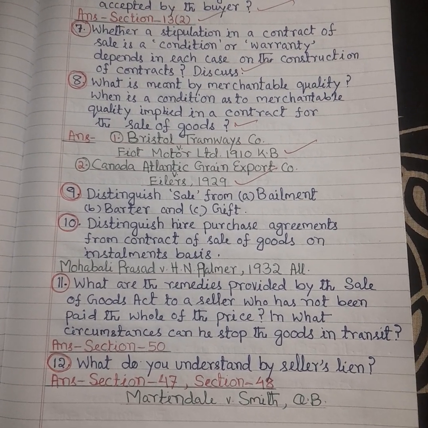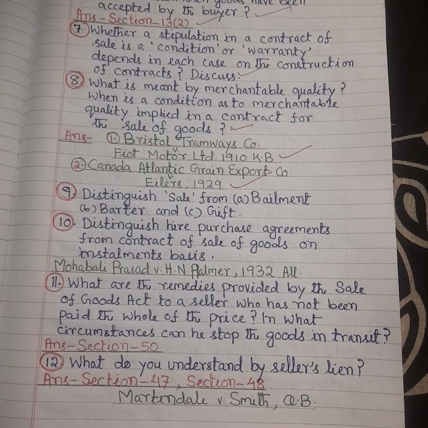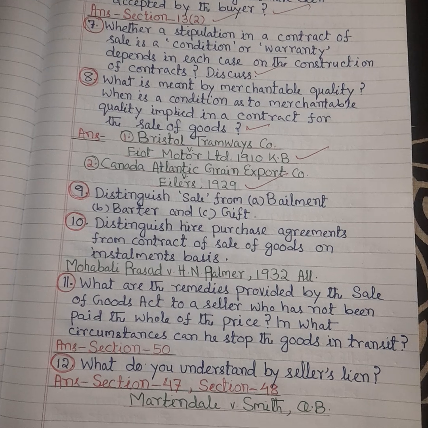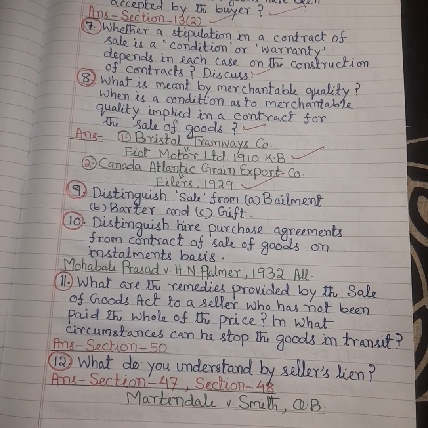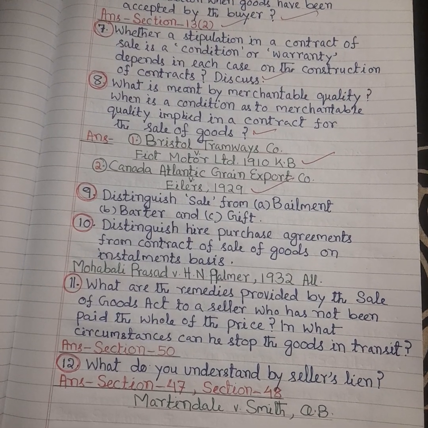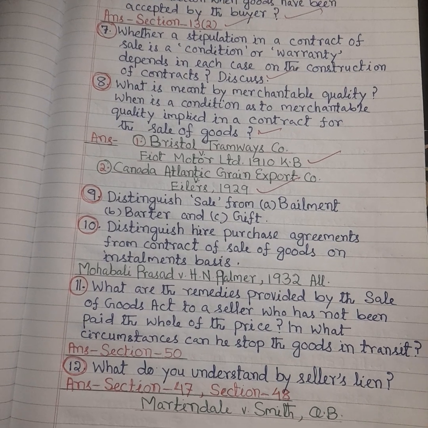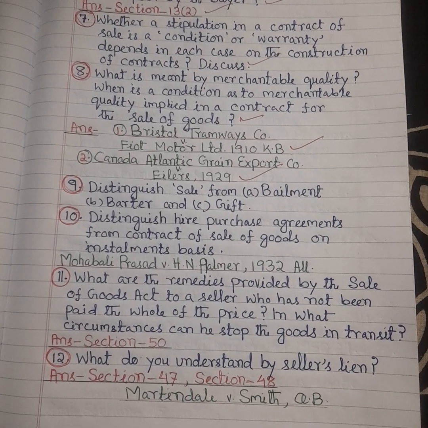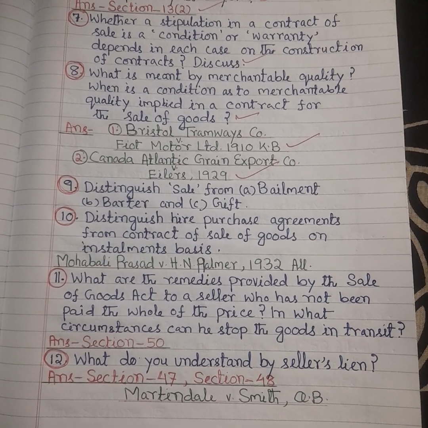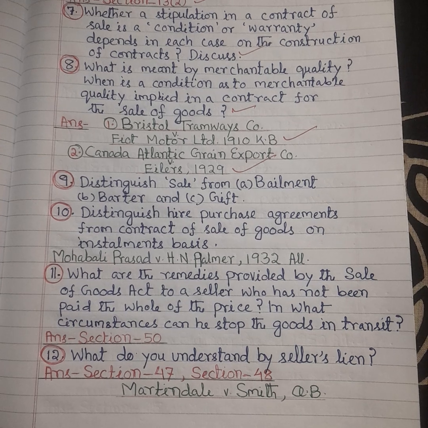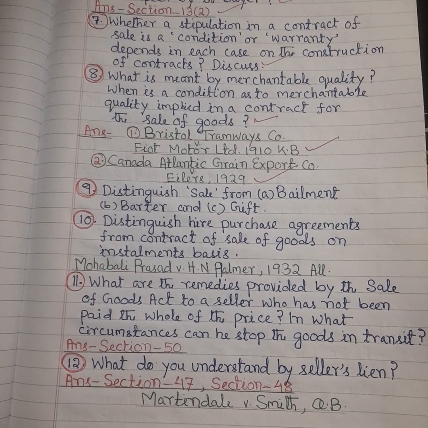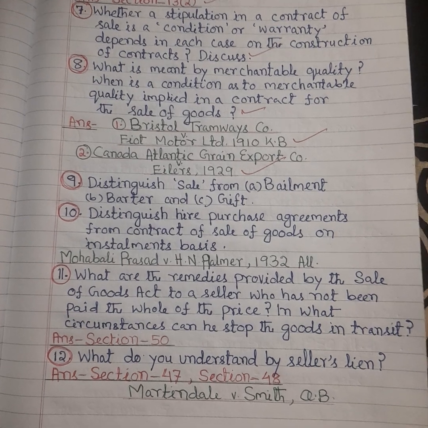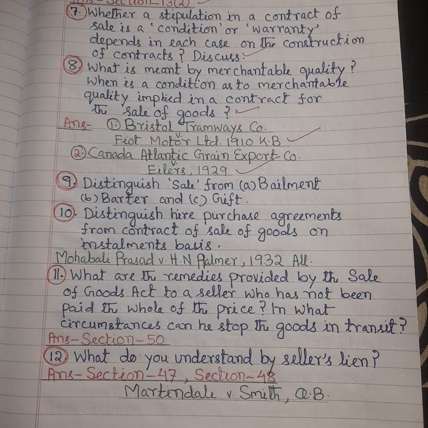And now we'll go to question number 9, and that is: distinguish sale from bailment, and from barter, and lastly from gift. So, the answer to question number 9 is that a bailment is the delivery of goods by one person to another for some purpose upon a contract that they shall, when the purpose is accomplished, be returned or otherwise disposed of according to the directions of the person delivering them. Thus, bailment implies that there is reserved to the bailor the right to claim a delivery of the property deposited in bailment,